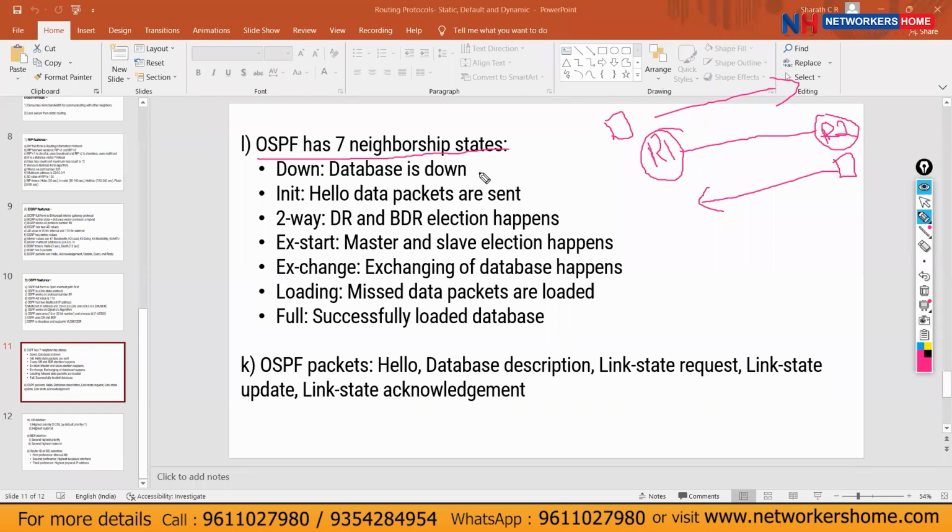Okay. Initially, the database is down before you configure OSPF. Once you configure OSPF, the database will become up. Next, what will happen? R1 or R2, either one will initiate a connection. Hello packets are sent. Hello, I want to form the neighborship with you. Either one of them will exchange or both of them will exchange. Okay. Next,